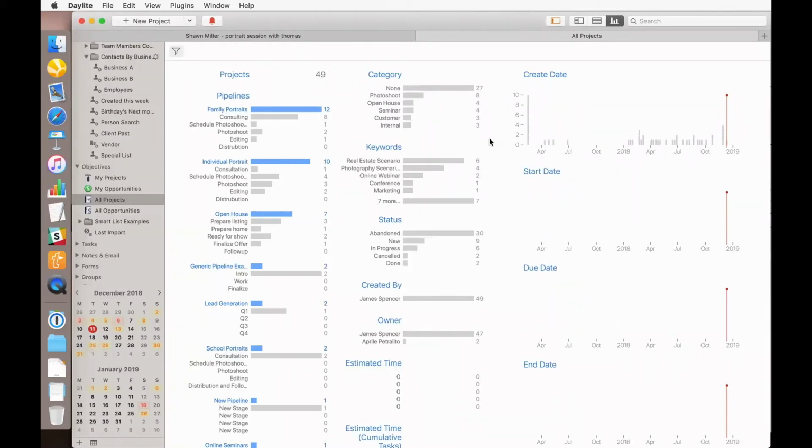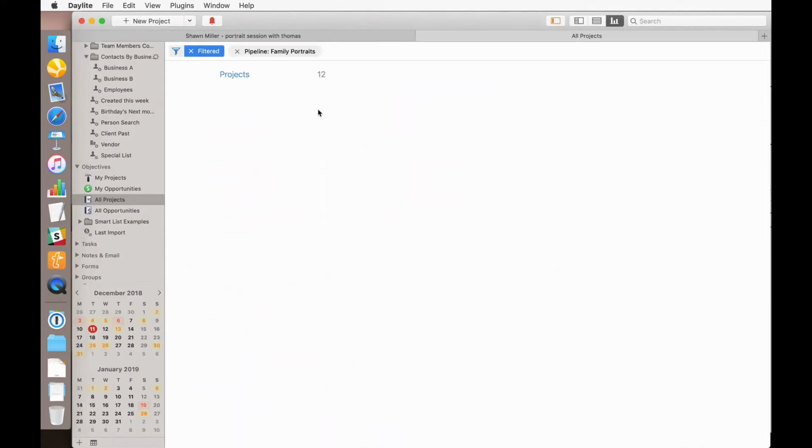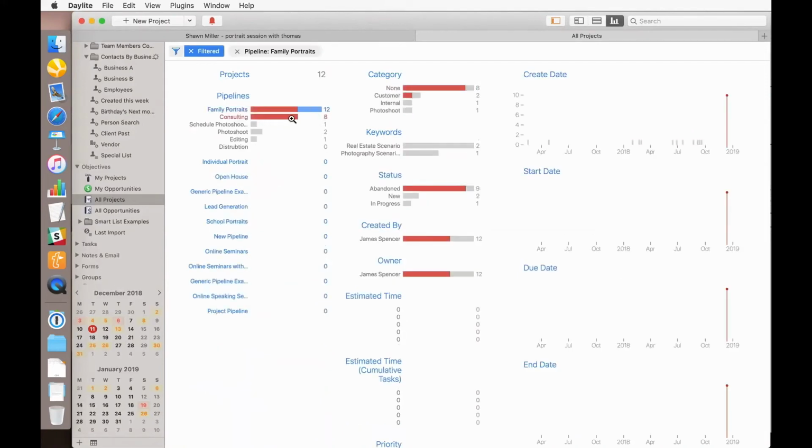If you hover your mouse over any of the attributes in this view, you can see them light up. You can also select one and drill in further if you want to say, okay, I just want to focus on the family portraits. Well, now all the information is only specific to family portraits. Now, right off the bat, you'll notice we can find a bottleneck that way. Okay, we have all these projects in that consulting stage. Well, again, I have a lot of mock information in here, so it's not the most accurate. But if it was, that tells us, well, why am I creating all these projects that are in this first stage? Is it because I just created them, or is there something else